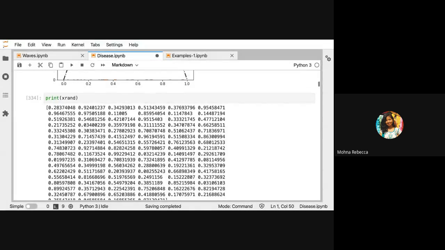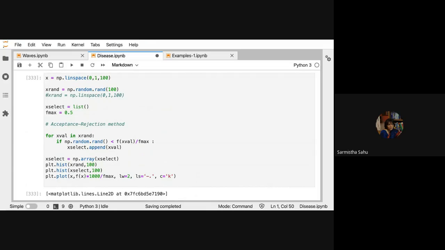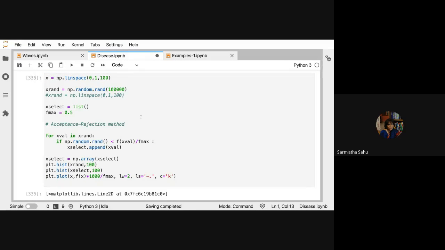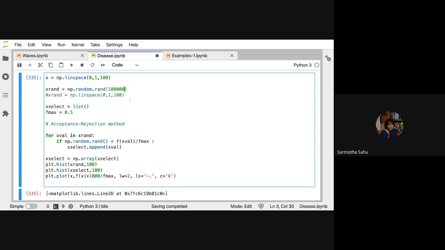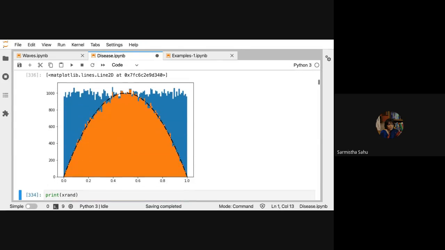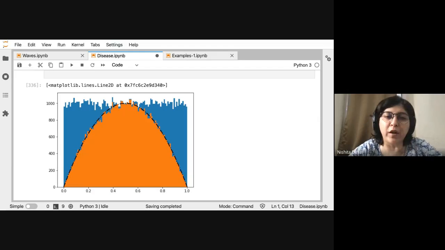Okay, ma'am. Understood. Just a clarification. Since you've already generated the random numbers once, from each bin you can use your condition and choose how many of those random numbers should be retained to satisfy this condition, and the rest you drop, and then you'll get the same curve, I guess. Yeah. You can do the binning first and then ask.